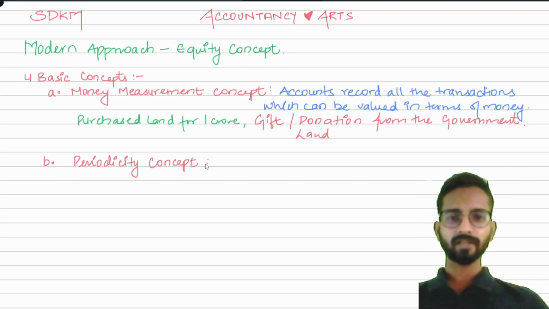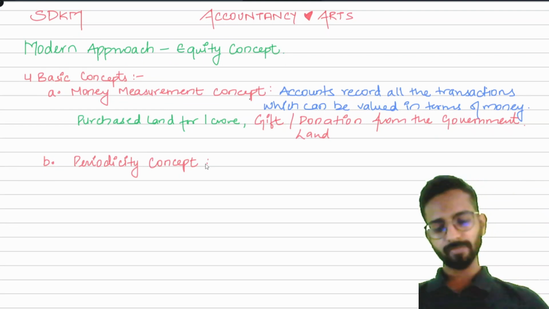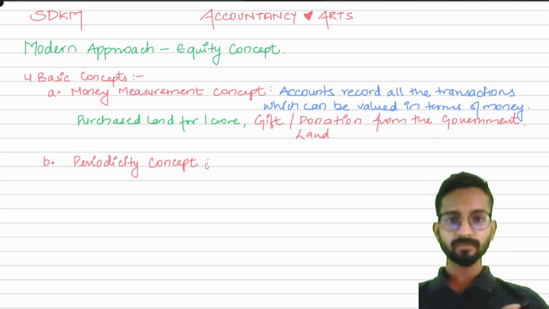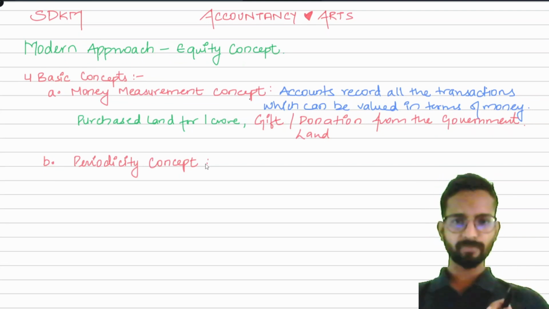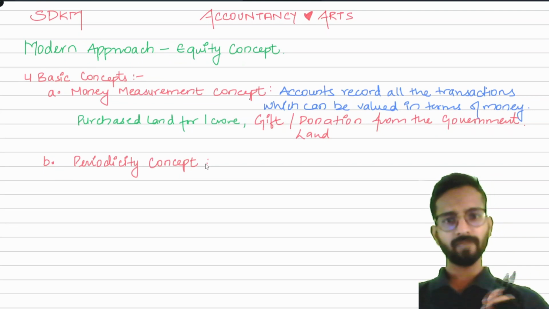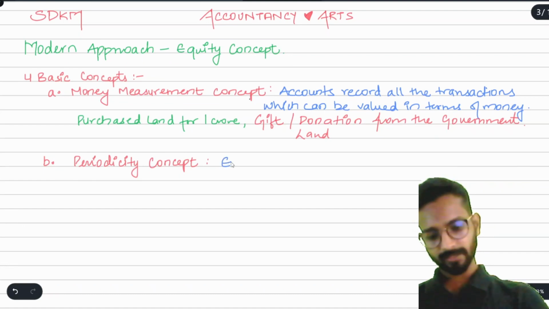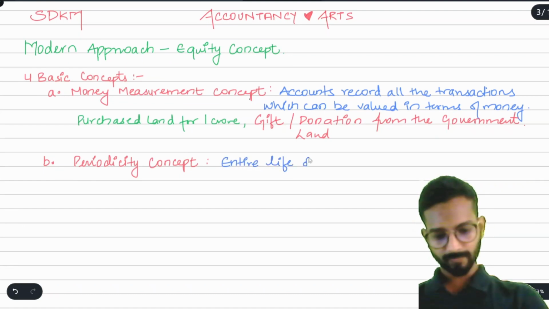We have to write the record of all the financial transactions, whatever events happen in our business. But now I have to define a particular time so that I can say, okay, in these 3 months or these 6 months or these 9 months, I have done this business, I have earned this profit, I have made this sales, I have paid this much money, I have purchased this much goods. So what accounts says is the entire life of a business